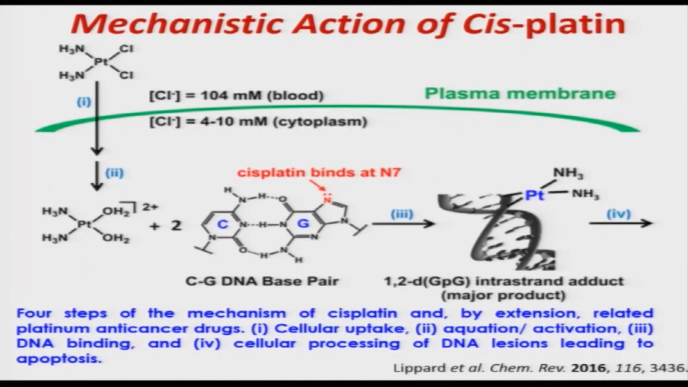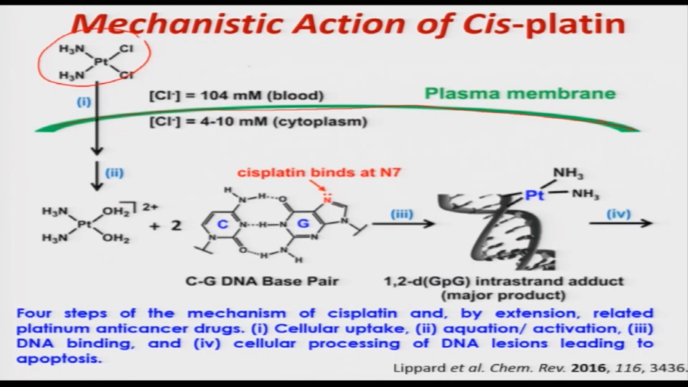Now, let us talk about the mechanistic action of cisplatin, how indeed cisplatin works. As you can see, this is the cisplatin, and this is the plasma membrane. By diffusion and by other means, cisplatin enters the cell. Then it hydrolyzes the chloride stepwise to form diaqua species. And why does cisplatin not